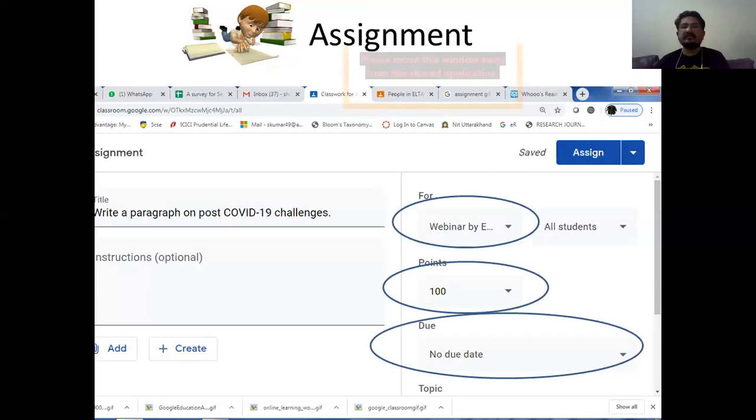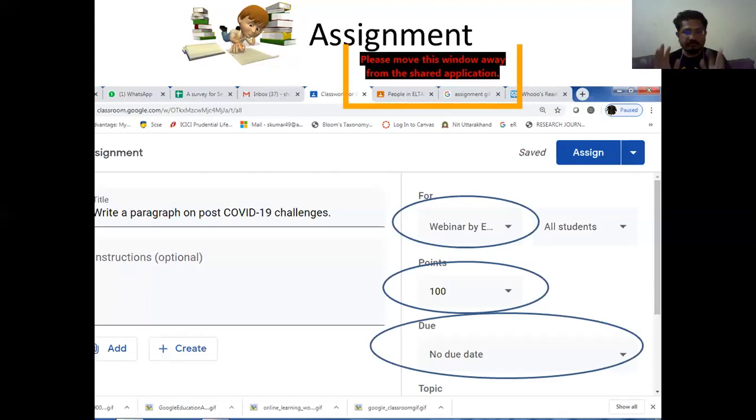After this, they can't submit their assignments through this channel, obviously, because once they enter their classroom, they will find a question. And once they find the question, they need to type or write, and then they can submit. But once the due date is over, they won't be able to submit their assignments.